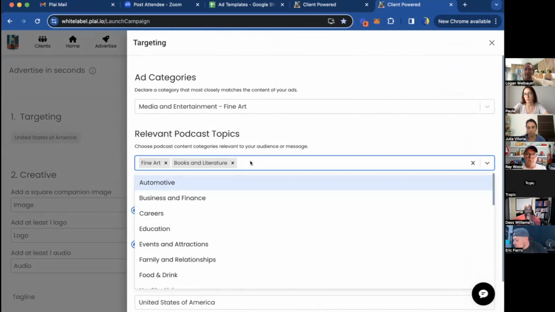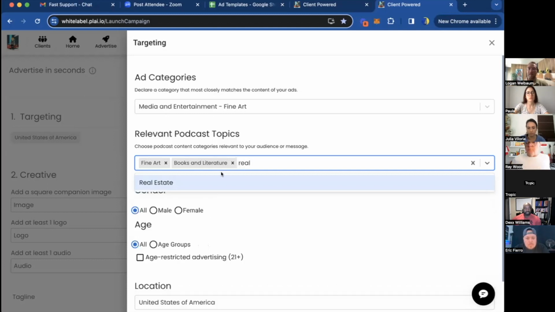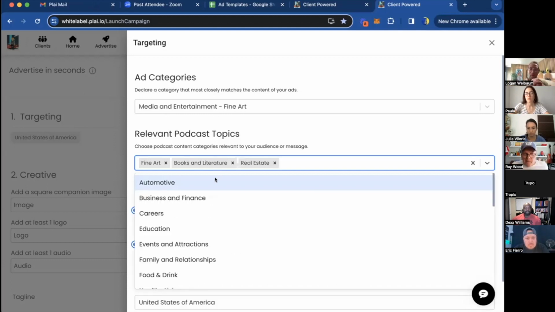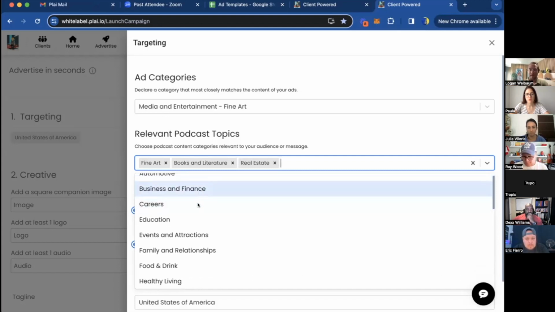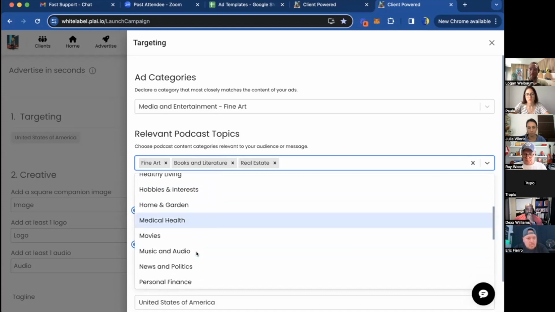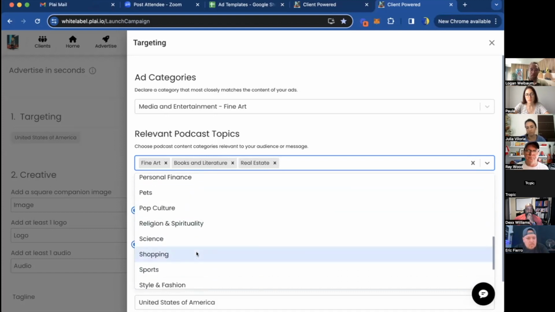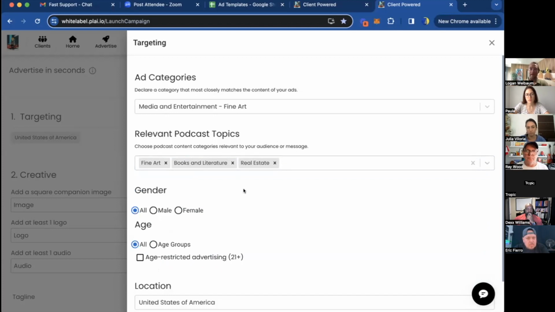Realtors still do radio ads sometimes. Many other types of businesses do radio ads. This is a very similar type of radio ad where you can reach people who are interested in certain podcasts, like people who listen to real estate podcasts right here. That's the targeting we went with, because it's more relevant to the business types we work with. So this targets people who have shown interest in business and finance podcasts, all these different podcast options right here. That's how the targeting works on Spotify, so consider it the modern day radio.